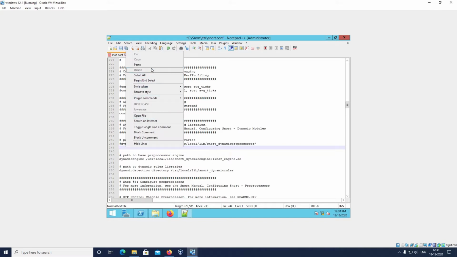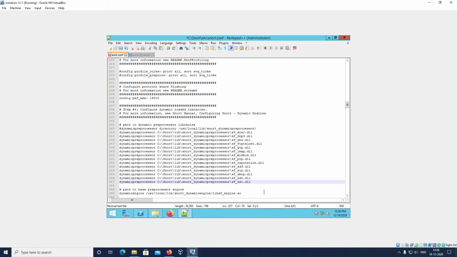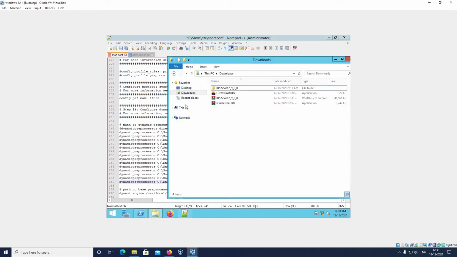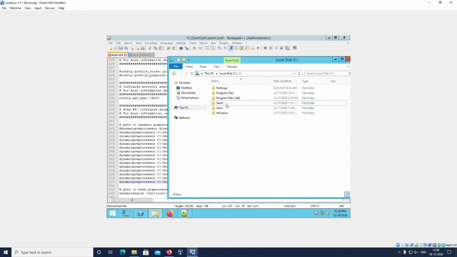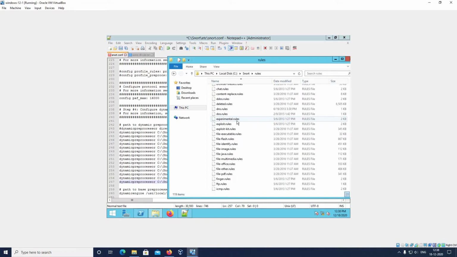These are the DLL files which we have downloaded, which we have seen in the rules folder. So I will show you where it will be. In this C folder, snort, in rules, we have some rules here.